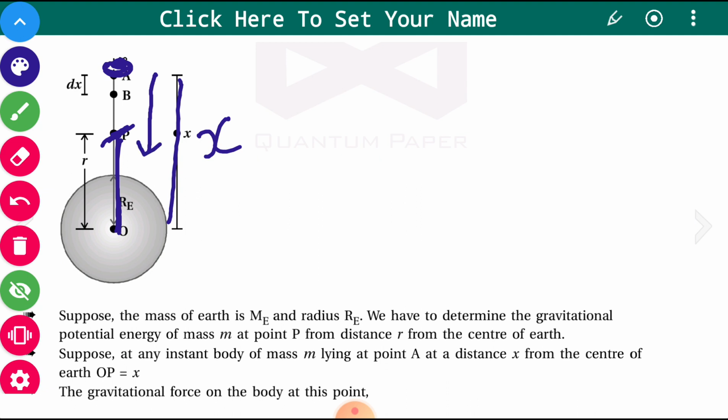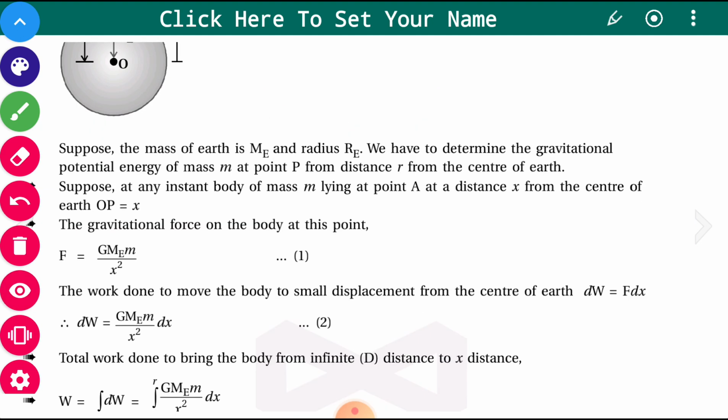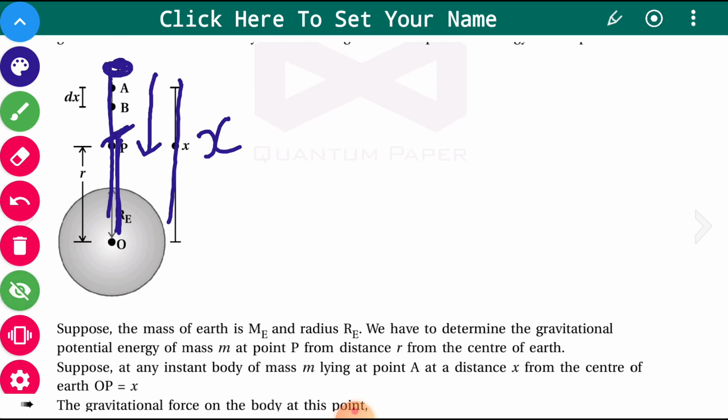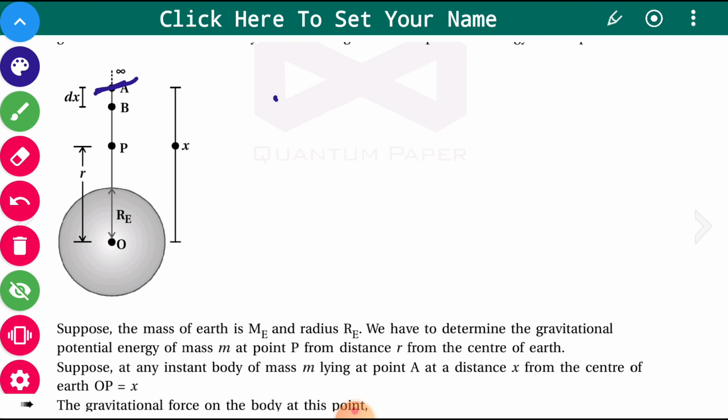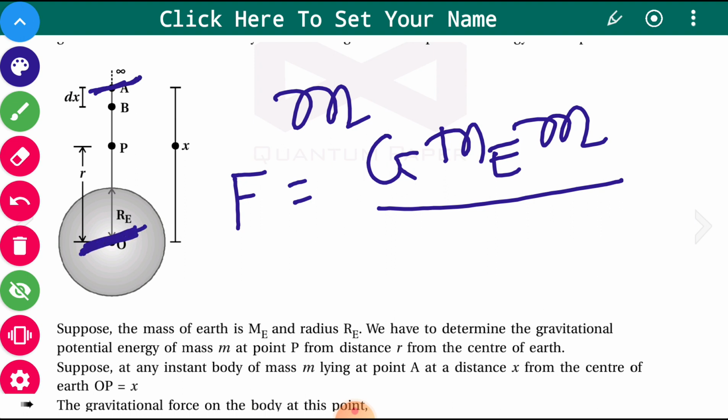on this by traveling the distance on this particular path. Okay. Now gravitational force when the object is at point A, say for example you have this object of mass m which is situated at point A, then force on this object of mass m will be G m1 m2 upon square of the distance, where m1 is the mass of earth and m2 is the mass of that object. Now the distance between the center of the earth and the point where the object is situated is x,